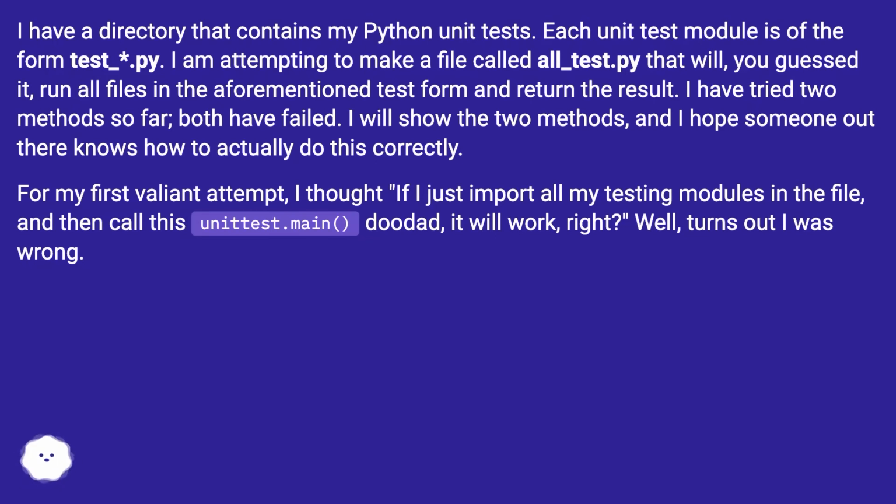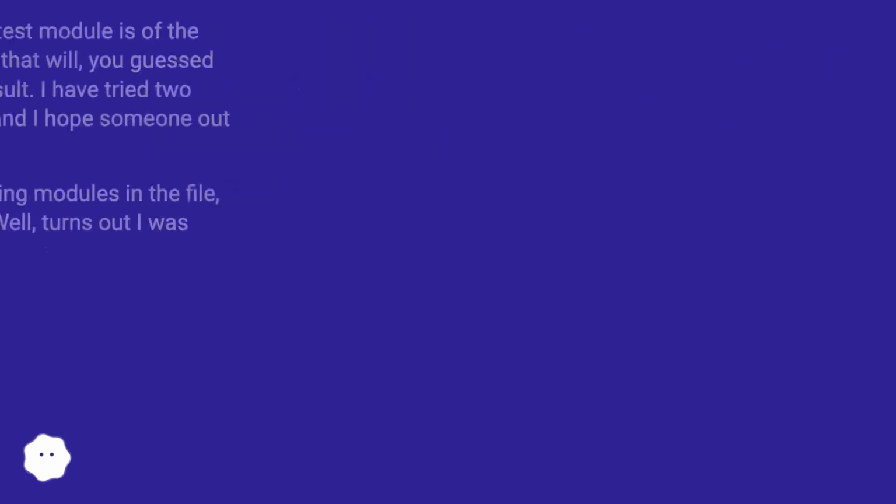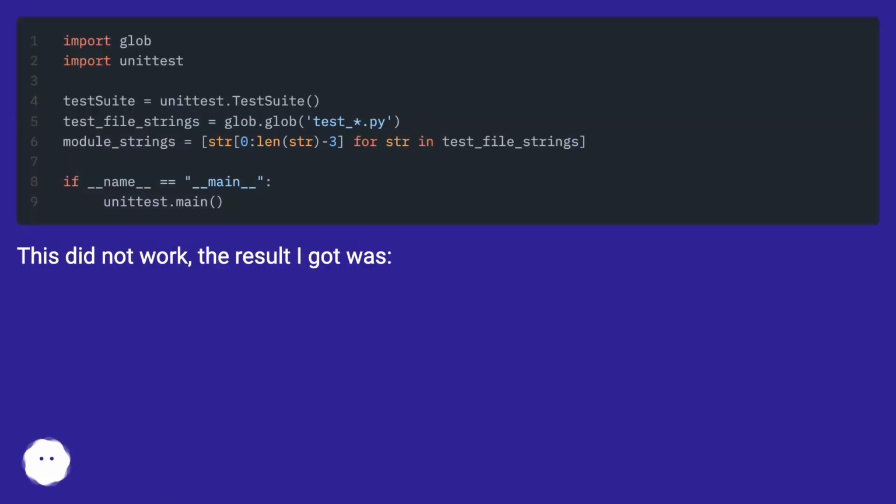I have tried 2 methods so far, both have failed. I will show the 2 methods, and I hope someone out there knows how to actually do this correctly. For my first valiant attempt, I thought if I just import all my testing modules in the file, and then call this unittest.main, doodad, it will work, right? Well, turns out I was wrong. This did not work. The result I got was